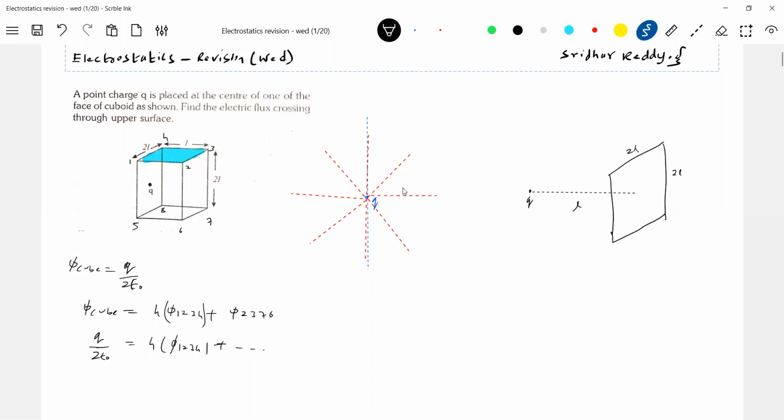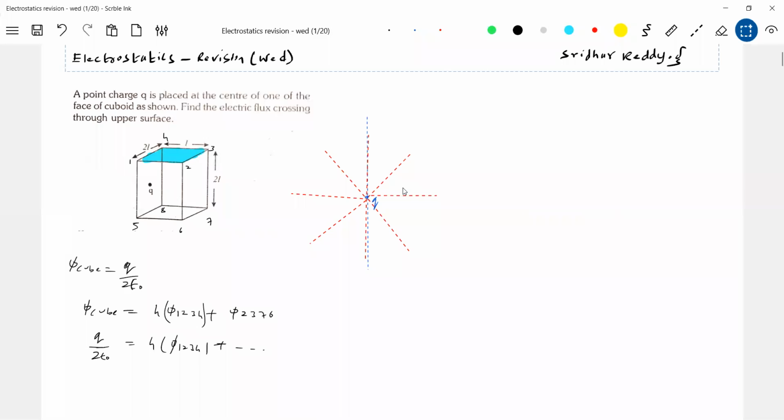No need of a formula. We can assume a cube. By combination of two cuboids, we can assume a cube. Each face will be q by 6 epsilon. If it is at the center, no, it is not at the center, no. So we'll assume one more cuboid connecting to the other cuboid. And q will become the center of that cube. Only one cube or two cubes? Sir, one cube is given. Already one is there, sir. We'll keep one more to the left of Q. The side length will become 2L, no? Oh yes, okay, sir, fine. Yeah, that'll be an easier method.